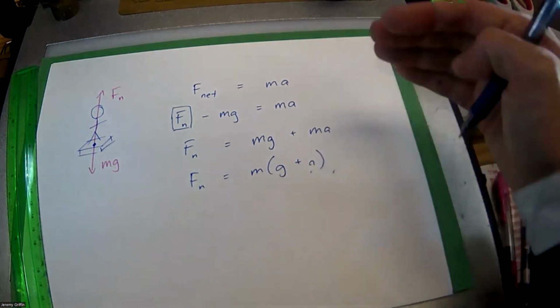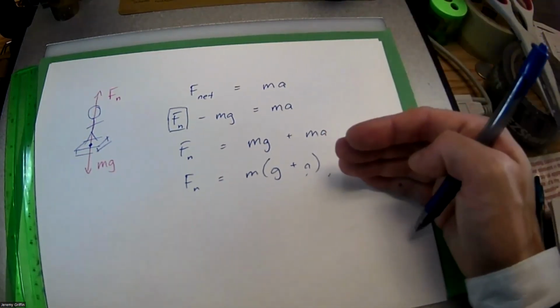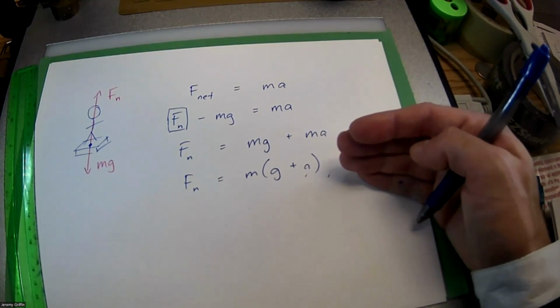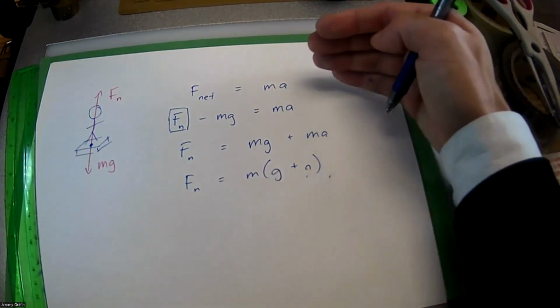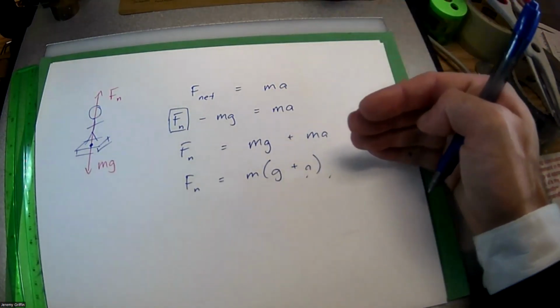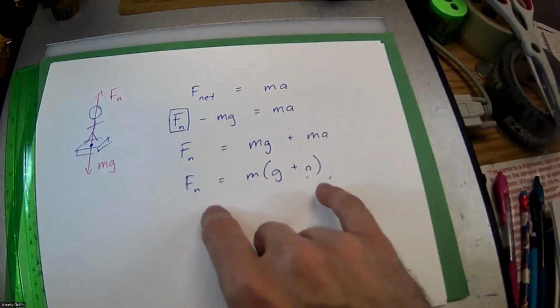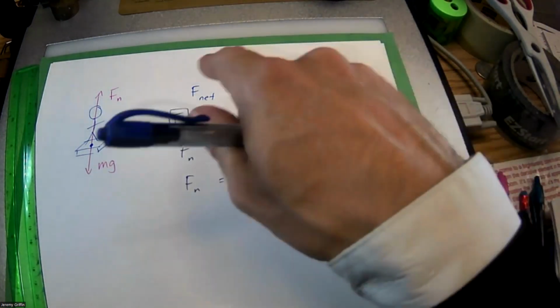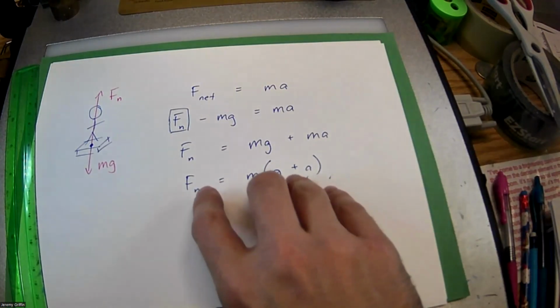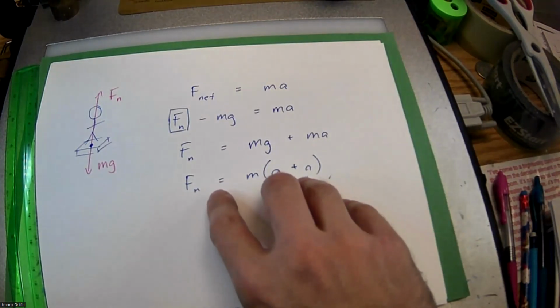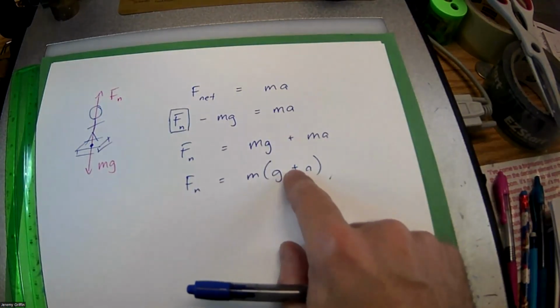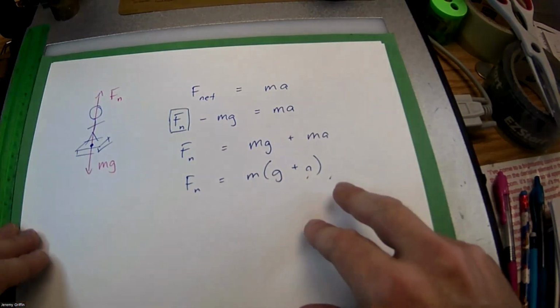Be sure you can derive this from scratch exactly like you're seeing it, because there's a good chance this could totally pop up in an FRQ, and that could be like 3 or 4 points right there. What if it's accelerating down? It would be a little bit different, but what would be the only difference in this final outcome? Yeah, this would be g minus a if it's accelerating down.